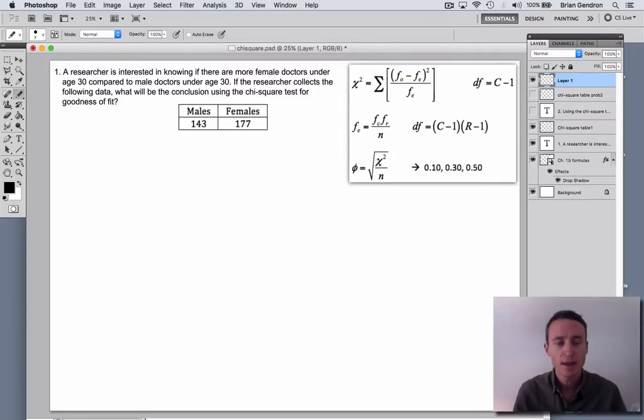Hello again, everybody. In this video, we're looking at the chi-square test, and we're going to do two problems. One that looks at the chi-square goodness of fit test, and the second that looks at the chi-square test of independence. Chi-square is a non-parametric test, which means you can look at data that is not normally distributed. In this case, we can look at categorical variables like